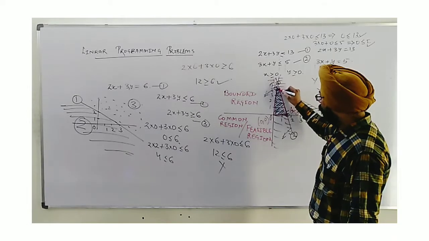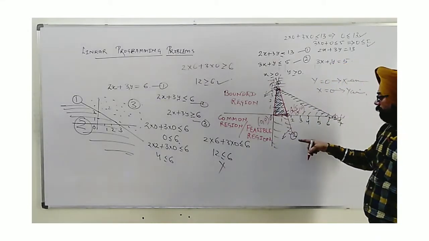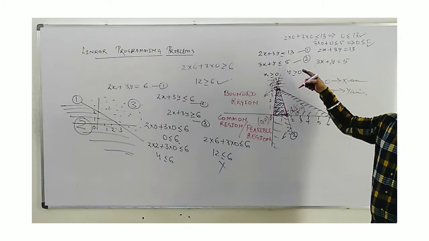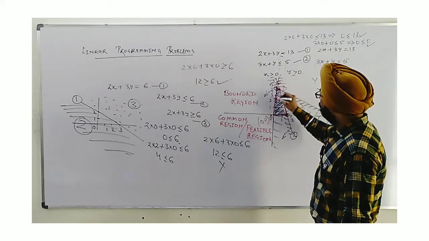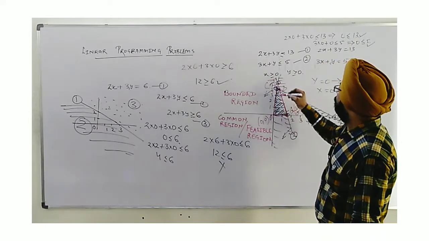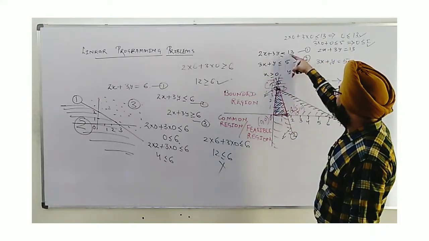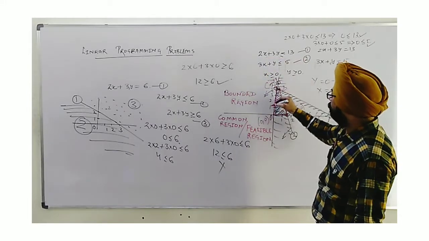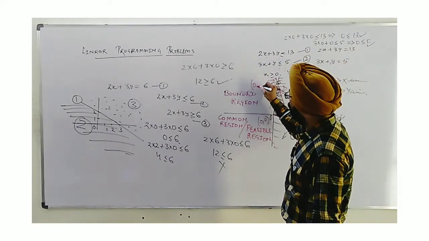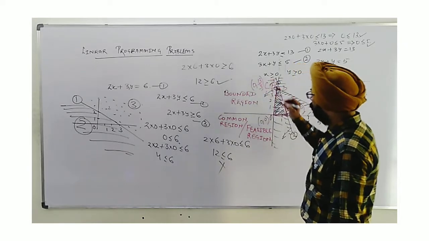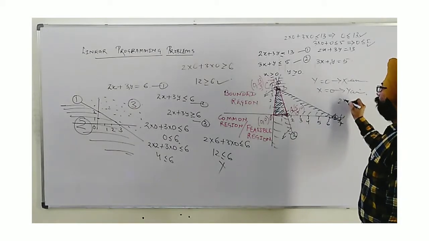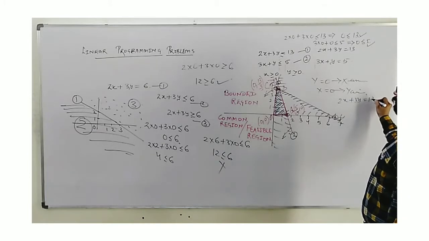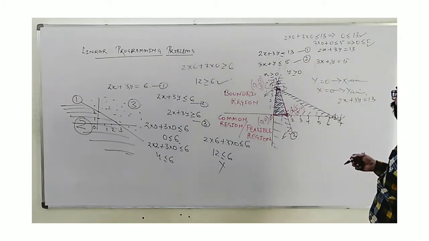This point, as I see, is the point of intersection of both second and first. So for this purpose we need to solve them. This point can be taken as B, and this last one, it is C actually, and this we have obtained from equation number 1 taking x equal to 0. It comes 13 upon 3. So coordinates of C are 0, comma 13 upon 3. The only one B is left. For this you can solve it using the linear equations method, like 2x plus 3y is equal to 13, and the second equation also can be solved.